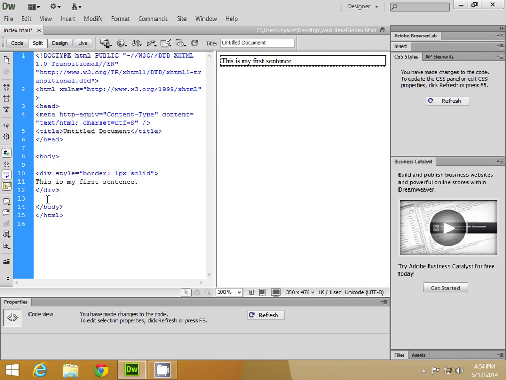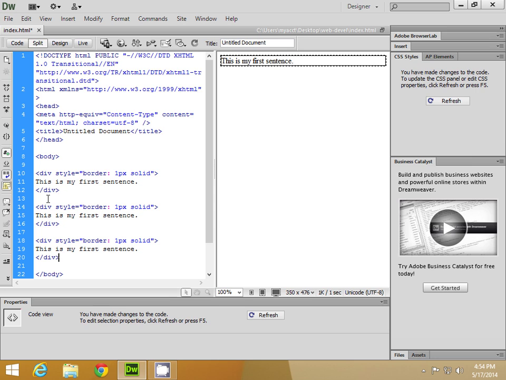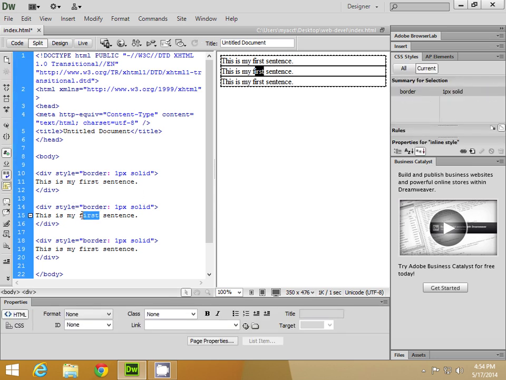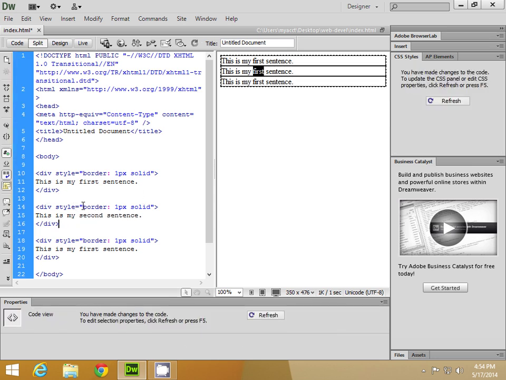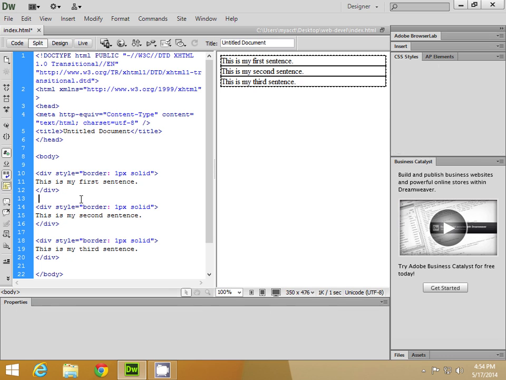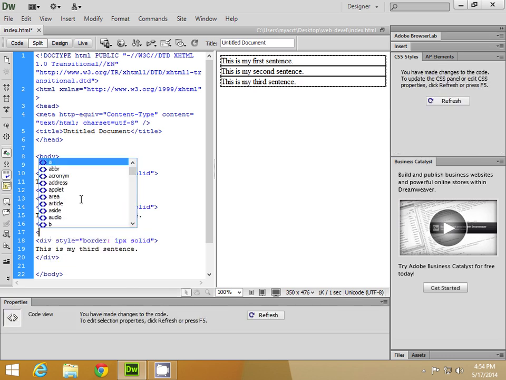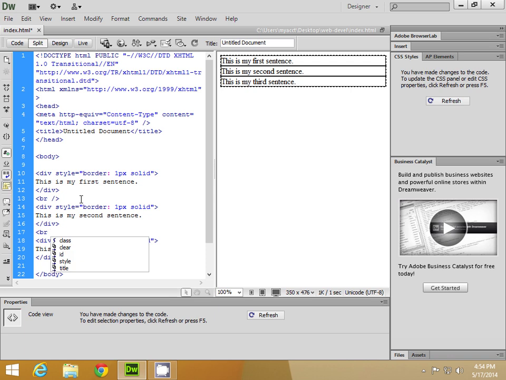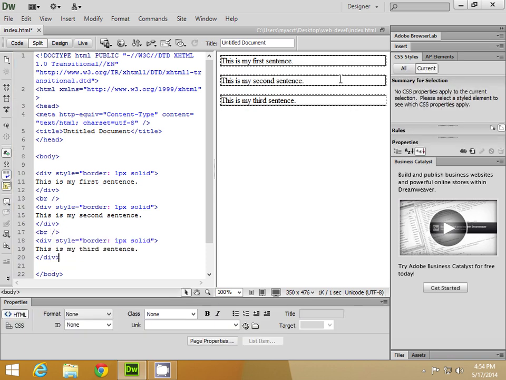So let's create a second one here. Create actually a couple more. Okay, and so you can see each one of these has a, and you know what we can do? Just so you can see this a little bit better, throw in a couple of line breaks. Okay, so you can see,